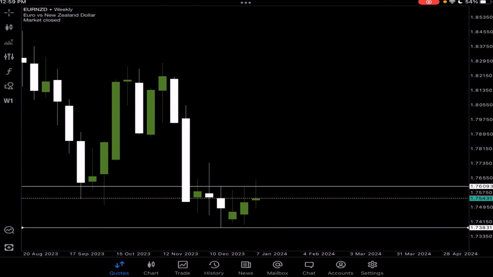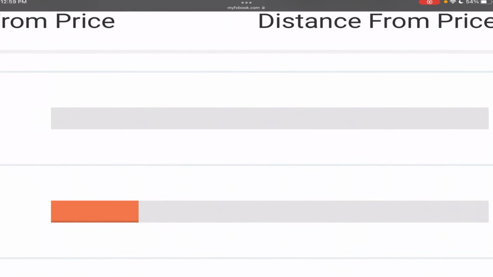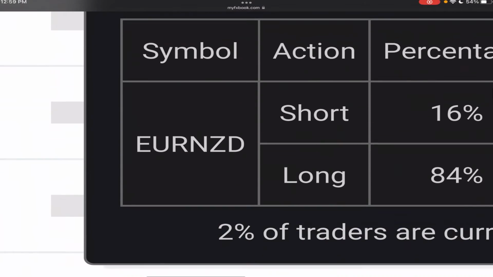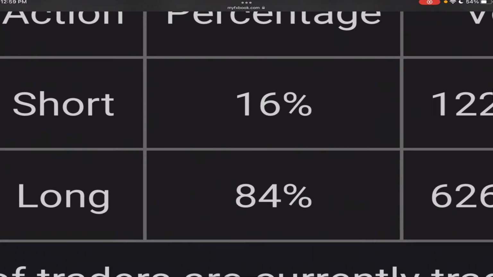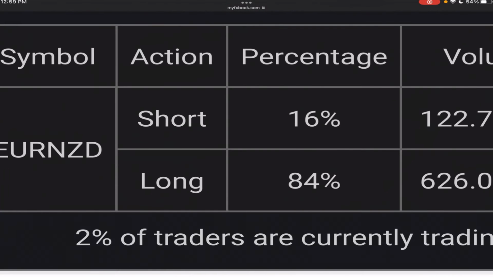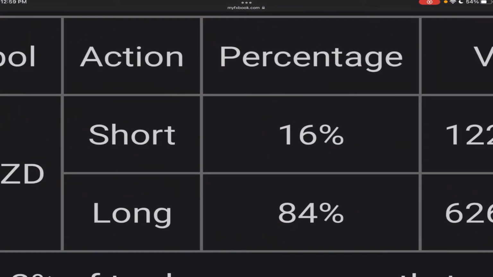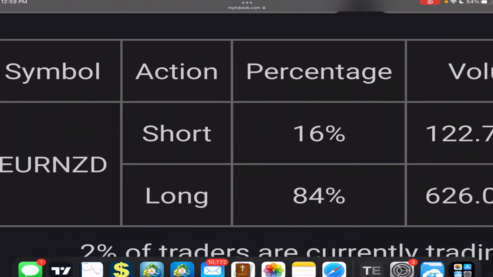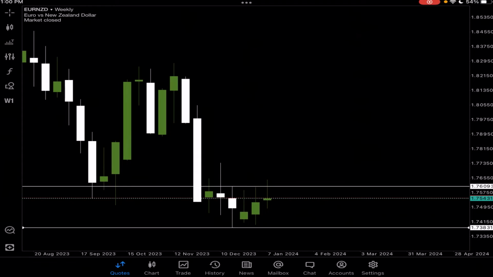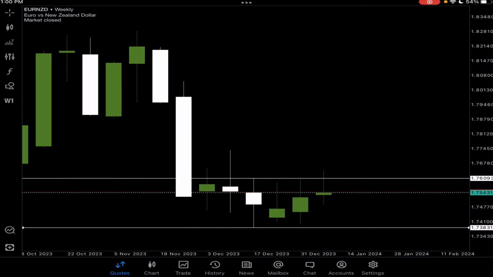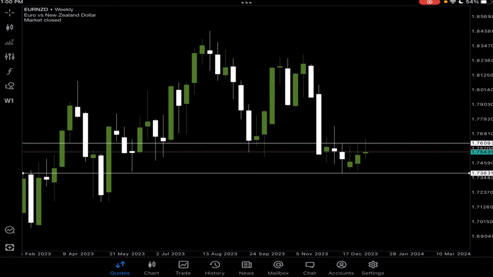Why? Look at the percentage here. It is showing us that 85% of traders are long, yet 16% of traders are short. So we go with the 16%. As soon as we trade above the weekly high, we are pushing price back lower. Okay, we are pushing price lower. And lower where? Well,